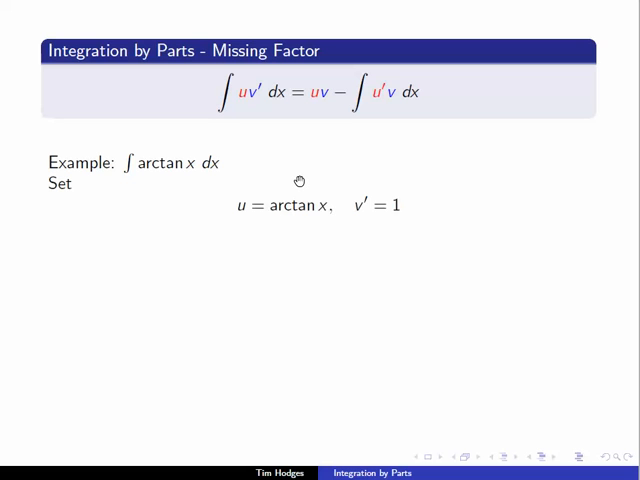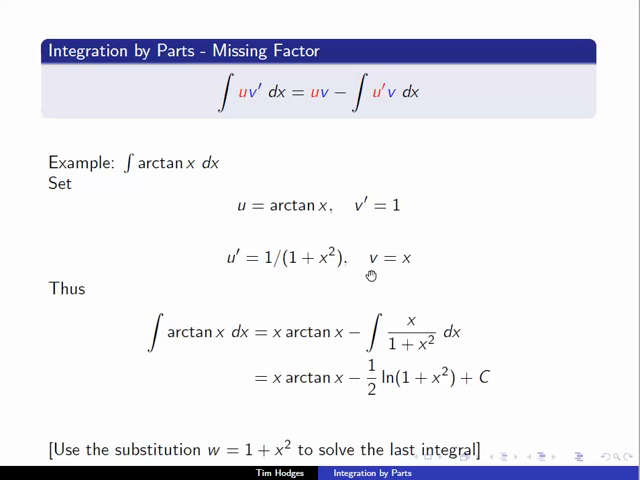So the only way we can write this as a product is to take v prime to be equal to 1 and take u to be arctan x. So u prime is then 1 over 1 plus x squared, and v is x. So let's put it all in and see what happens. The first term, the integral we're looking for, the integral of arctan x, is equal to uv, x arctan x, minus x over